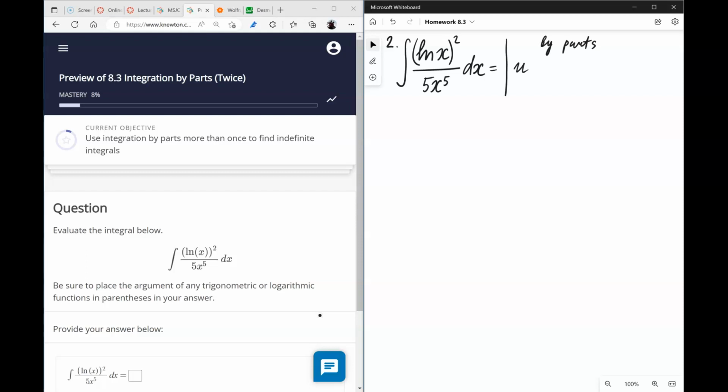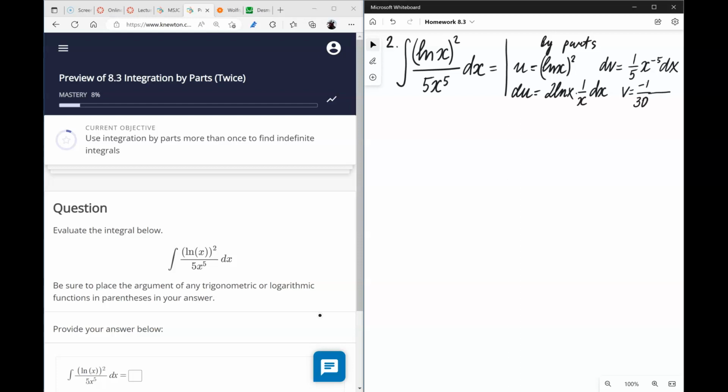We're going to choose u to be ln of x to the power 2, so that du is 2 ln x times the derivative of ln x, which is 1 over x dx, and the dv is 1/5 x to the power negative 5 dx, meaning that v is going to be